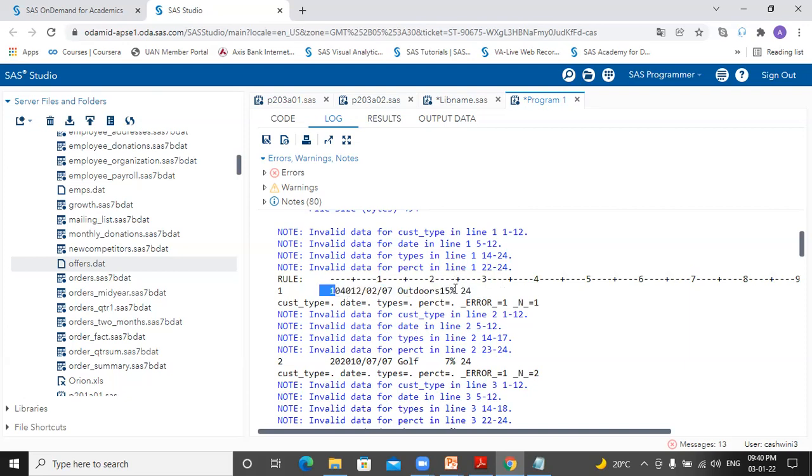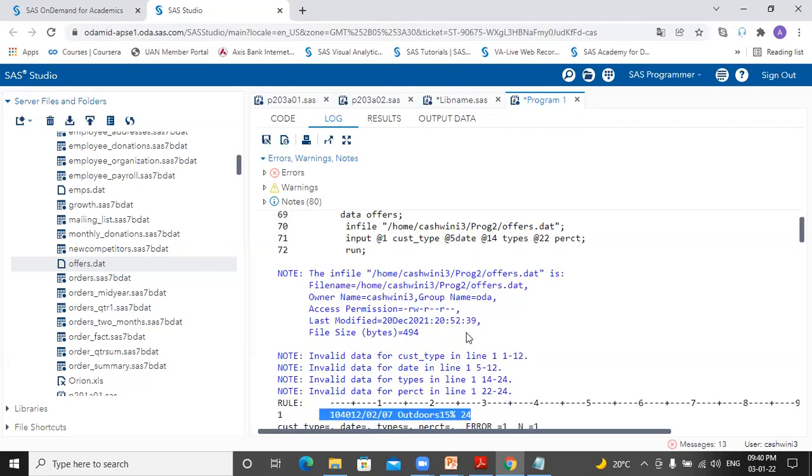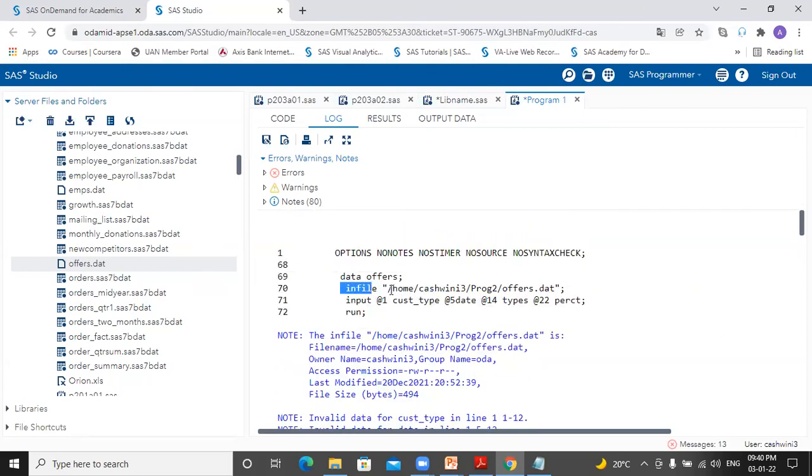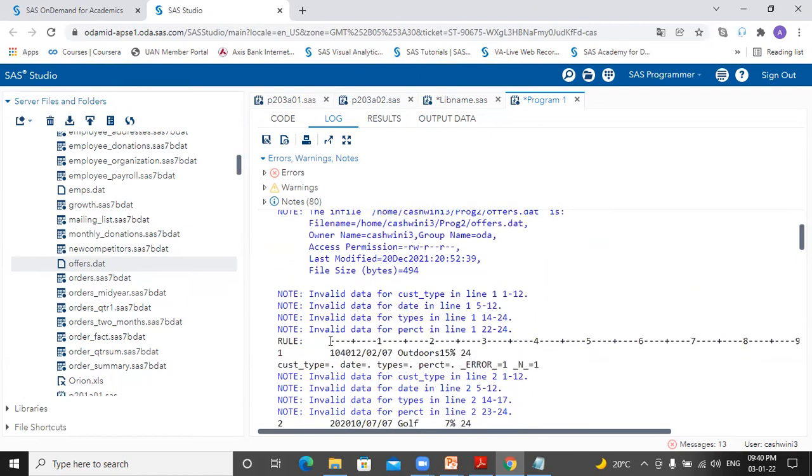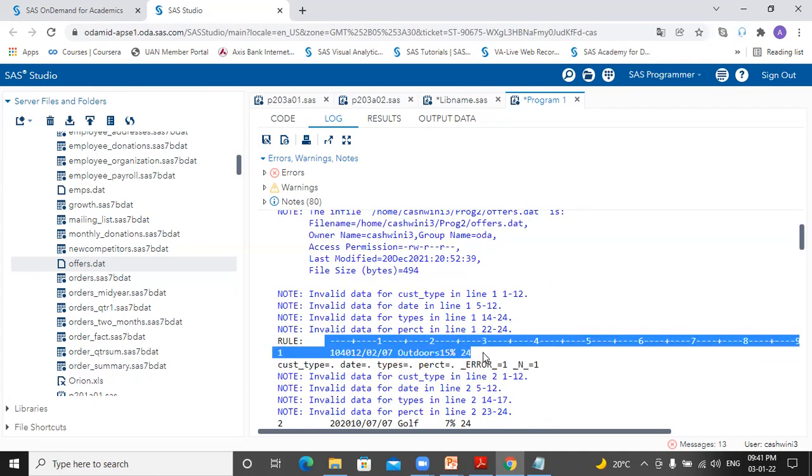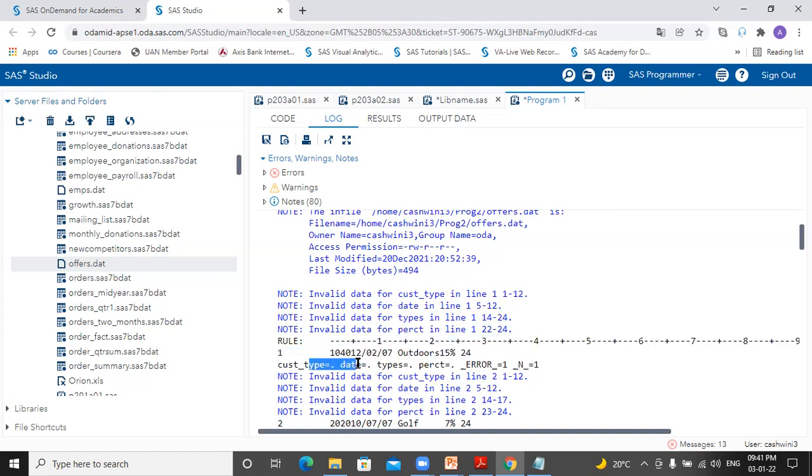Now this raw file is read when your data step is in execution mode, and your infile statement locates the raw file. When a raw file is read, SAS creates in the memory a buffer area called the input buffer, where it is reading this raw file record, and your PDV is converting from raw file record to a SAS dataset.